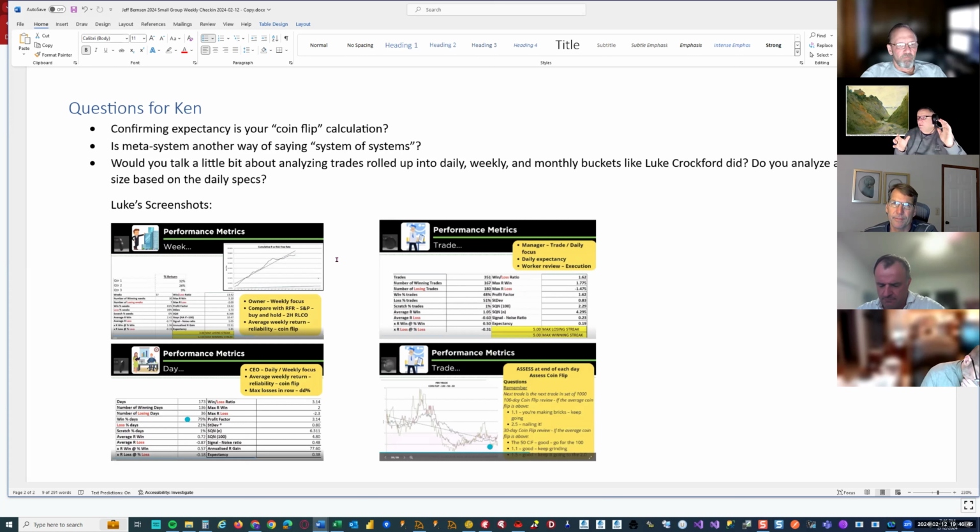And then the payoff rate is what the winners pay, average win, what the losers cost, average loss. So if I had a 3-2 win rate that paid 1-1, I win 3 out of 5 for $1, and if I lose, it's $1. That's a 0.2 expectancy. What you'd like is a 3-2 win rate that pays 2-1. Awesome. So when you express that as a win rate, as a coin flip and a payoff, it allows you